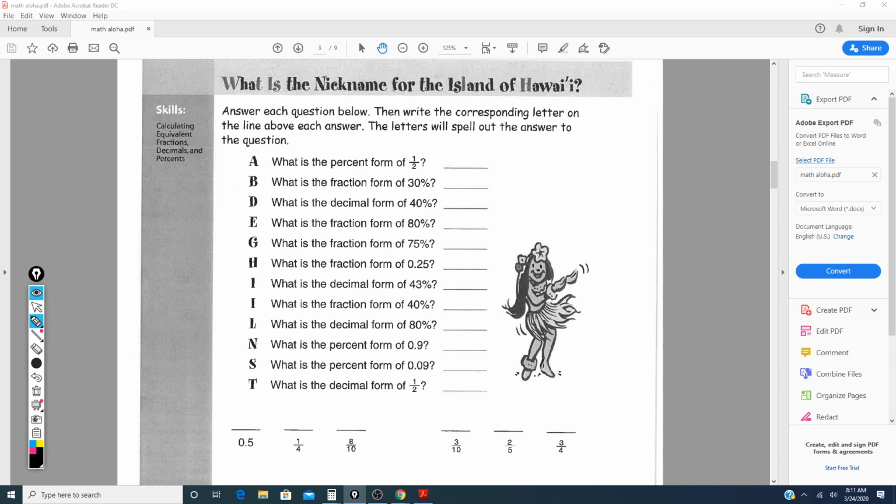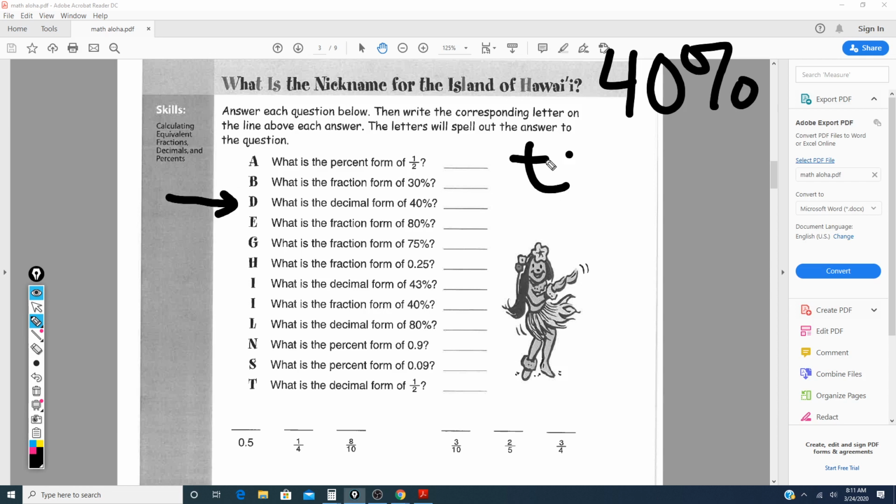So let's look here. Let's take some of the easy ones. What is the decimal form of 40%? So if we're going to change 40% to a decimal,